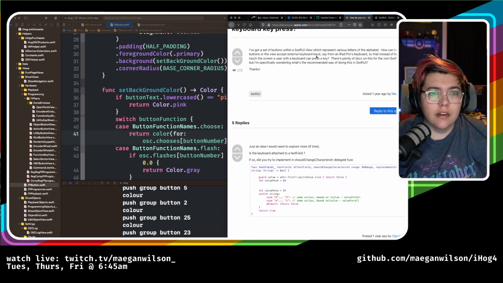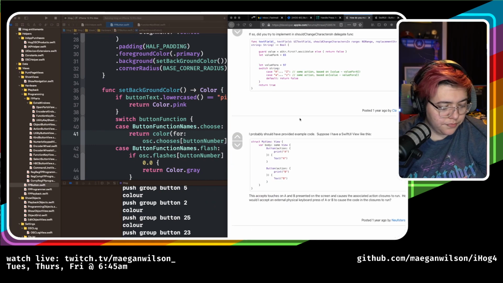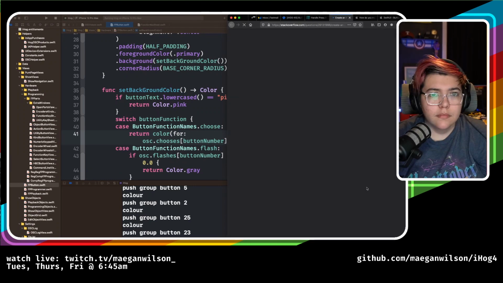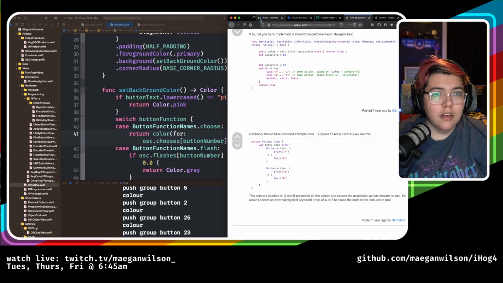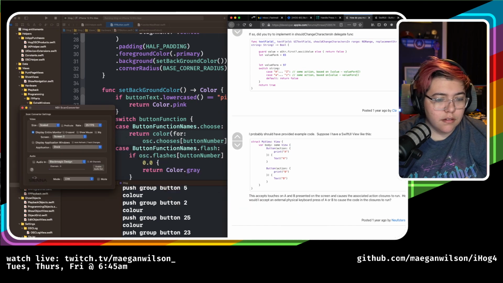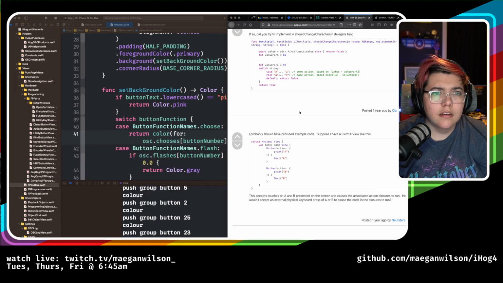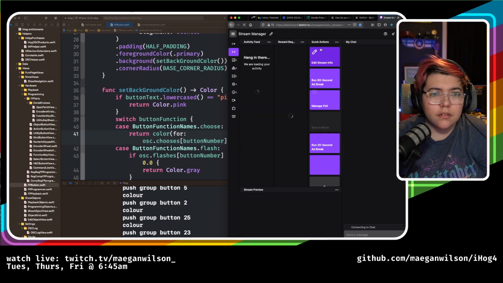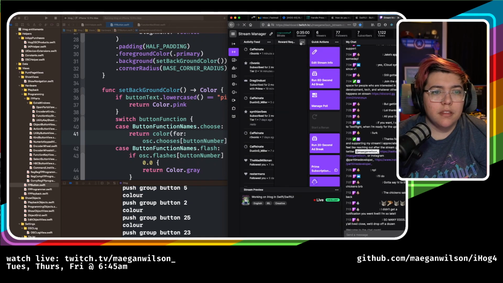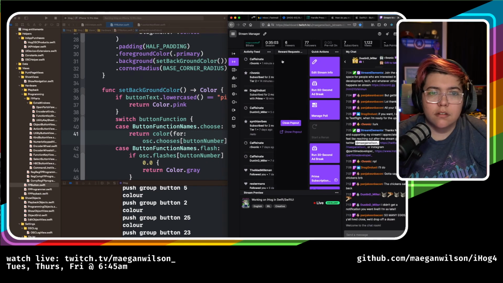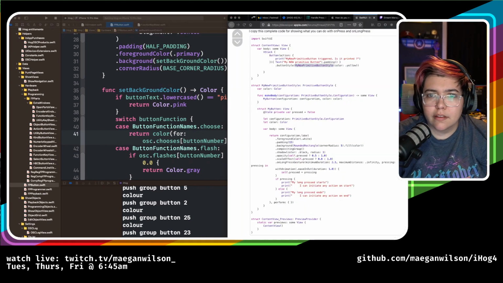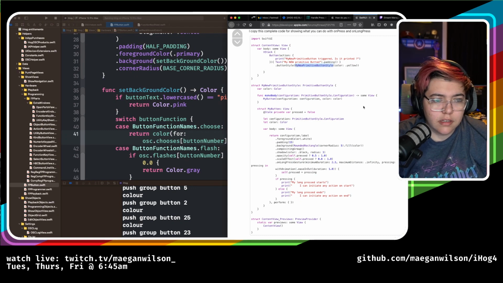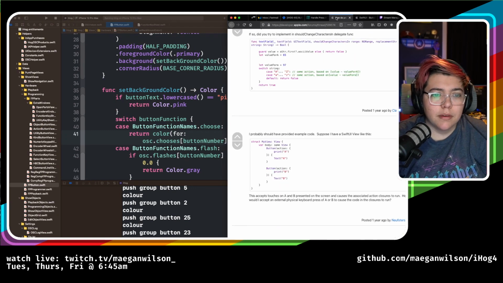Okay, how can I make the buttons on view extend? Okay, so that's not what I wanted, but that's cool. Oh no. What happened here? Oh no, go back. Oh, did I really just... okay. Pop that out. There we go. All right, so this isn't really helping me. This is kind of helping me, but